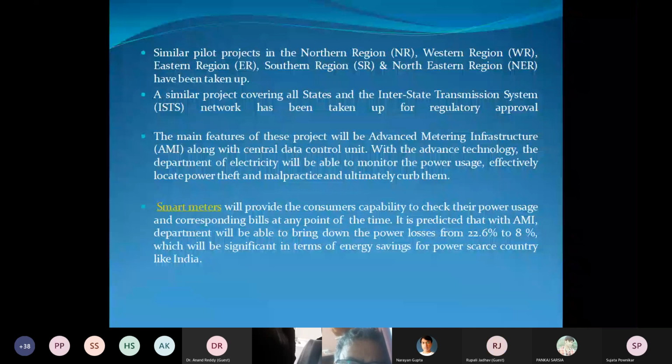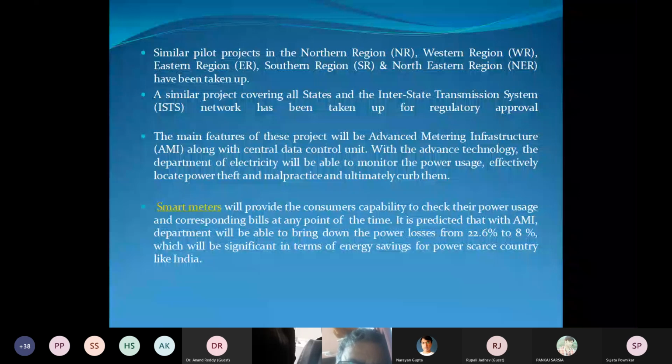The main feature of this project will be advanced metering infrastructure, AMI, along with a central data control unit. With the advanced technology, the Department of Electricity will be able to monitor power use, effectively locate power theft and malpractices,